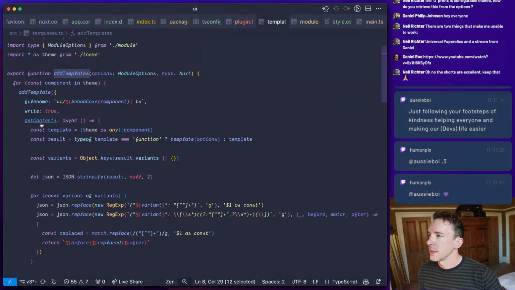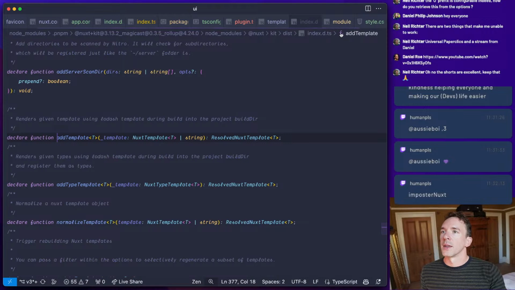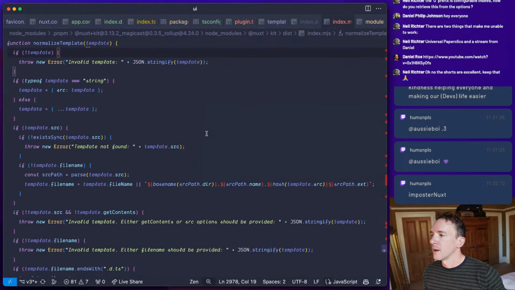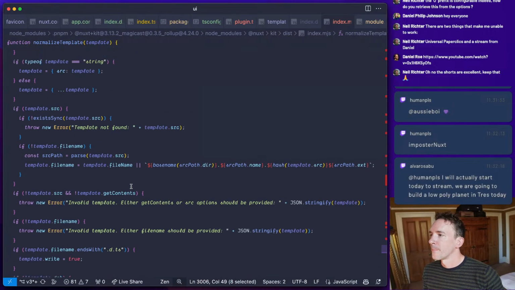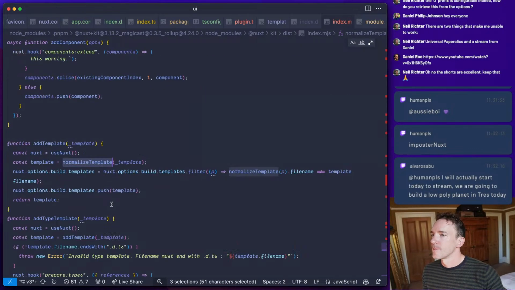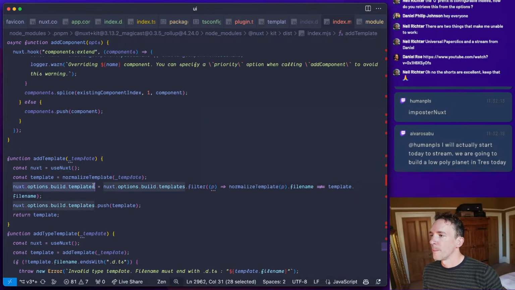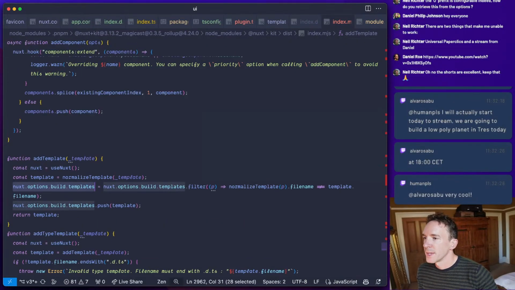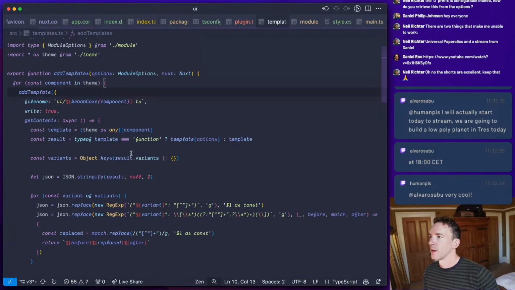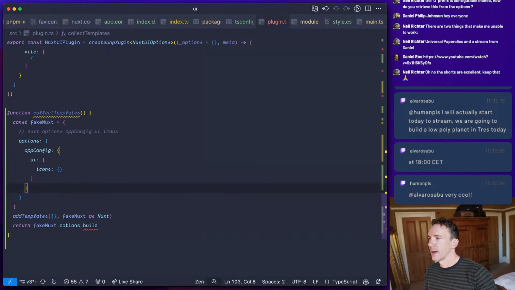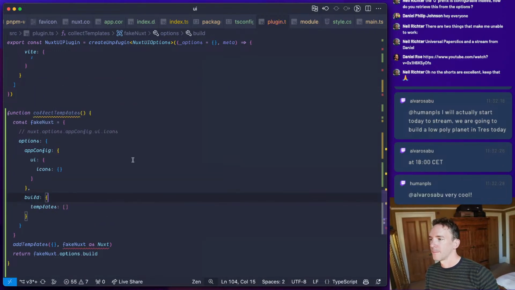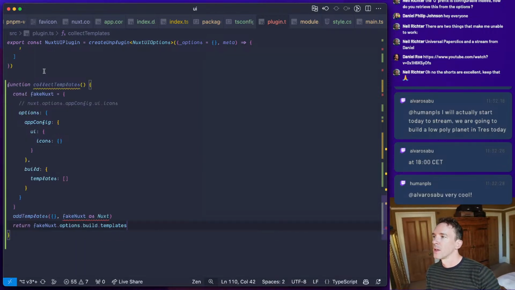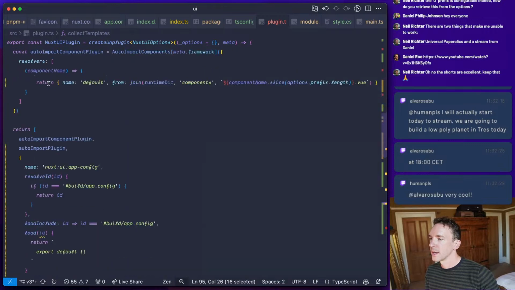The thing we need is build templates. So we basically need to provide that. So it has to have build templates like that. Templates.